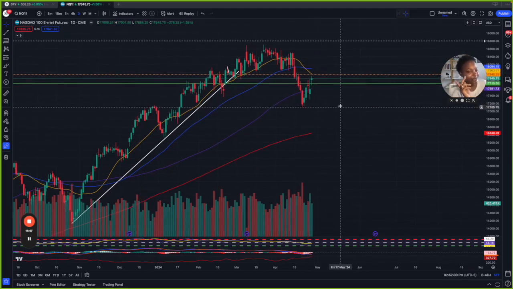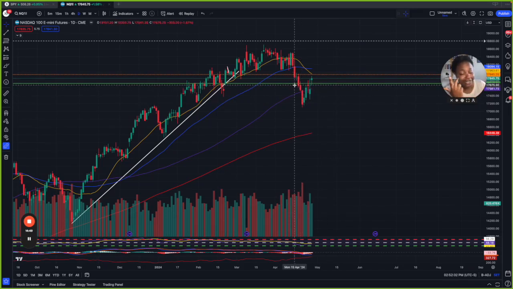So with that being said, with the tech, right? Now, when we were looking at ES, we did not see the 20 and the 50 MA diverge away from each other. When we're looking at NQ, which again is heavily tech weighted, all I see is that the 20 crossed below the 50 MA, which is a bearish crossover, and they've diverged away from each other, meaning that there's actually momentum behind this bearish crossover.